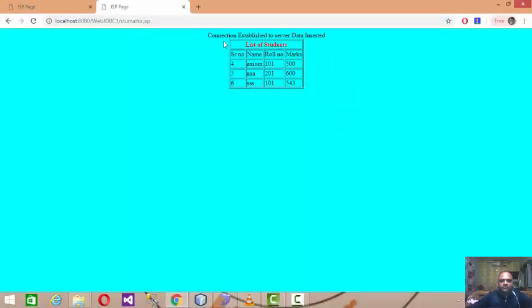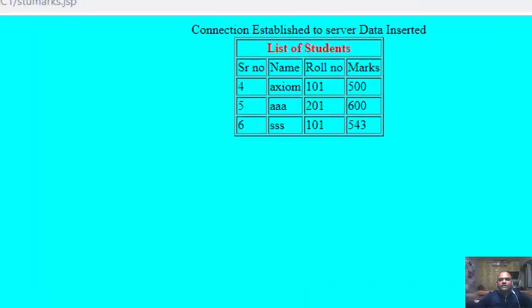So to develop this dynamic output, list of the students, what I did over here is I processed the query select star from the table, put it in the RS, and after that I closed the JSP, and then wrote the table heading, list of students, and the columns serial number, name, roll number and marks, and again I started my JSP, and then with while rs.next, I created dynamic rows over there.